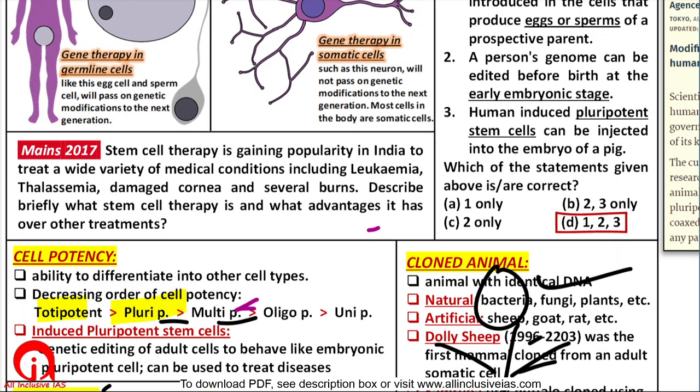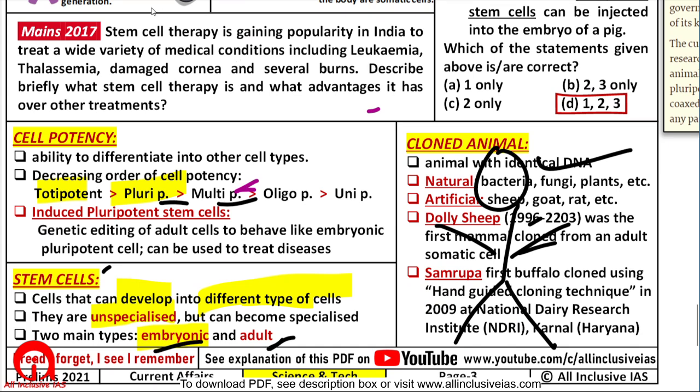So I'll just give you a small hint. For example, you must have heard in the news that a person's bone marrow was transplanted. Or you must have heard that when a baby is born, now there's a trend that part of the placenta is stored for many years in the laboratory under severe cold conditions, right? So what is the purpose? The purpose is the same stem cell therapy that UPSC also asked in the 2017 mains examination.